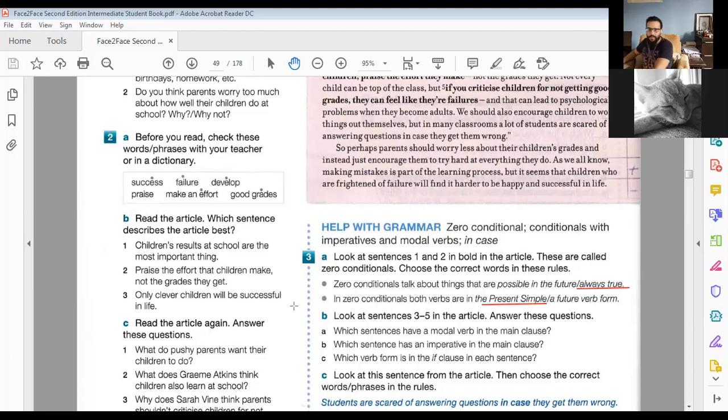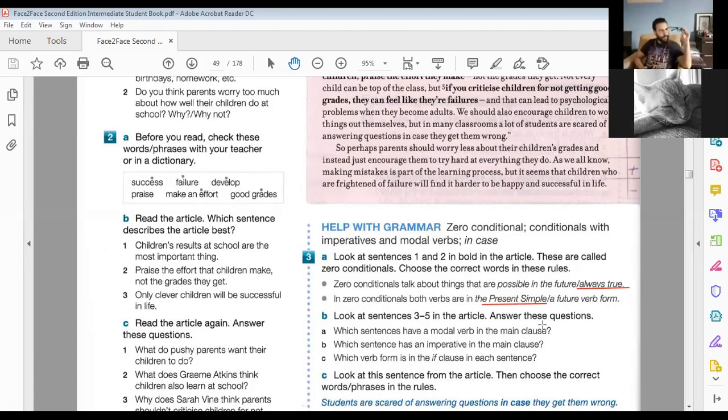Now, we want to take a look at the other if conditionals used in this article, the one about school and children, if you remember. I'm going to take you to the three examples, number 3, 4, and 5, and then I want you to answer these questions, okay? So, but let's read the questions first. Can you read the first question for us, Brian? In part B. First question.